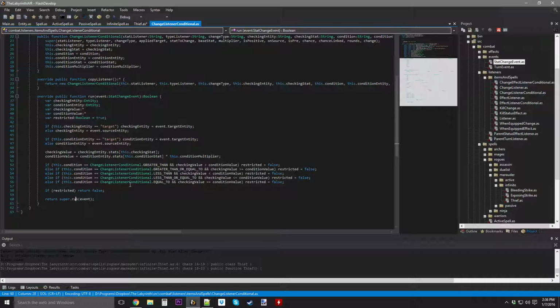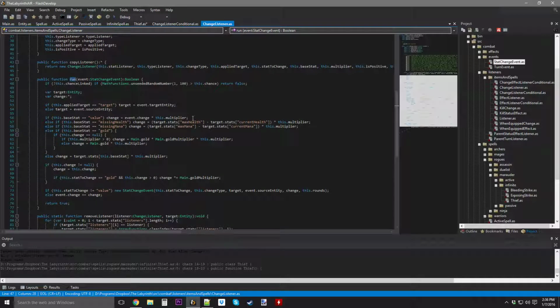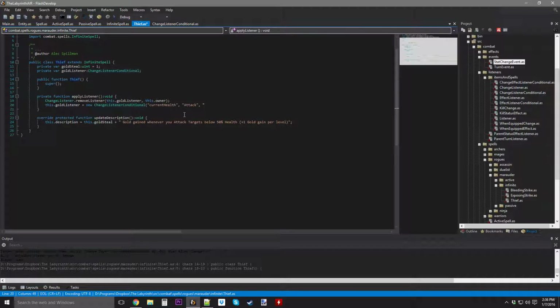Return super.run goes into change listener. Okay, yeah, so I do check for gold. So that's good. Okay, so here I can do this just fine. So we're going to do gold gain. The checking entity is going to be the target entity that we're attacking, because we want to check if their current health